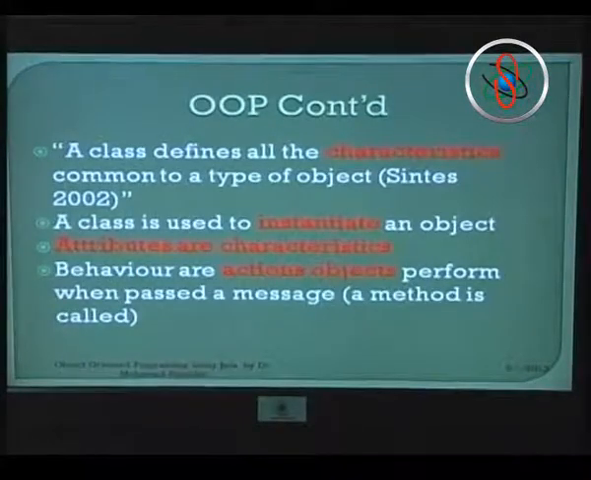Last time we said if we have a queue, "is empty" is a characteristic. Here we are saying that all the characteristics we have to put inside the class. Also the class is used to instantiate an object. This is very important. And the class comes with attributes